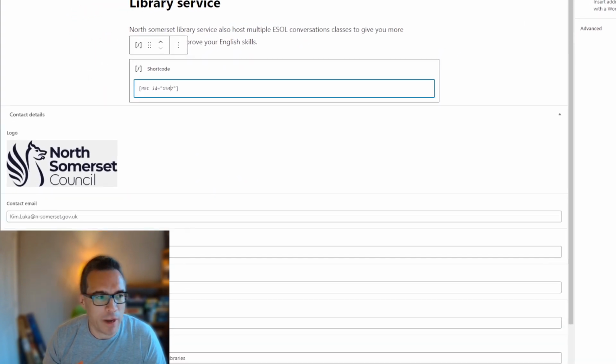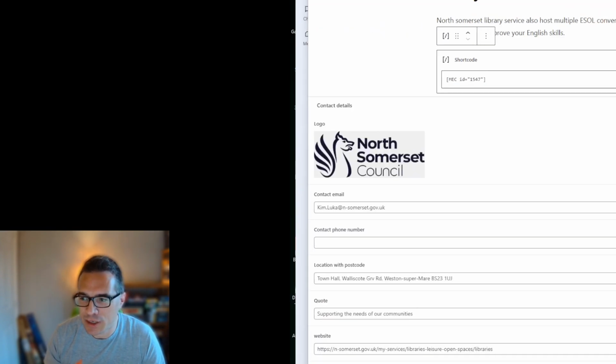So then the rest of the page, I think I'm going to have to move myself yet again. Nope, that's not